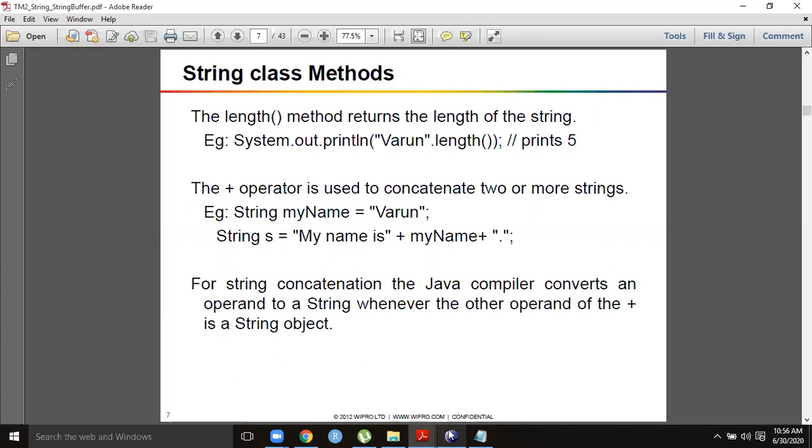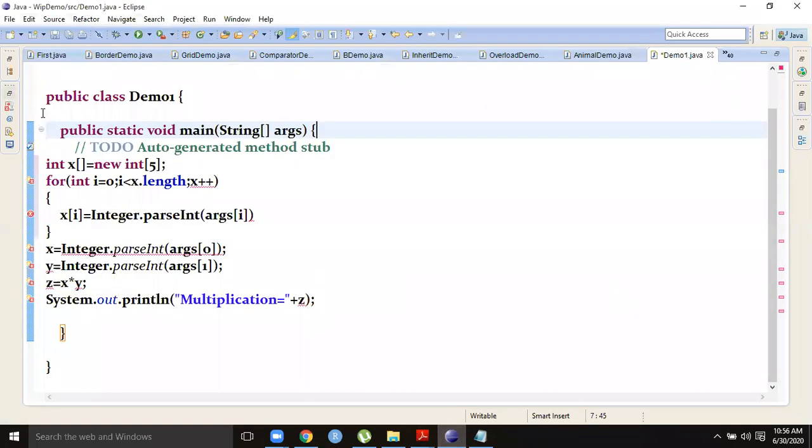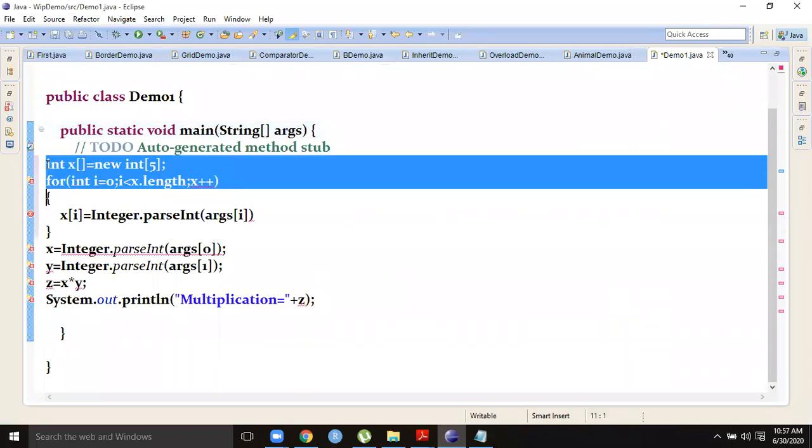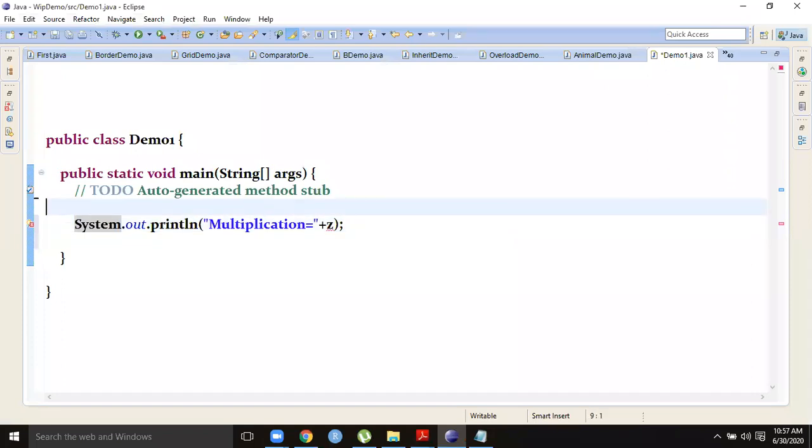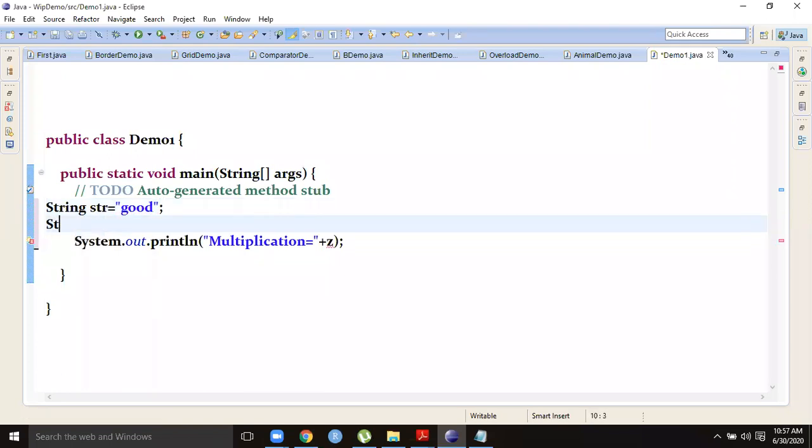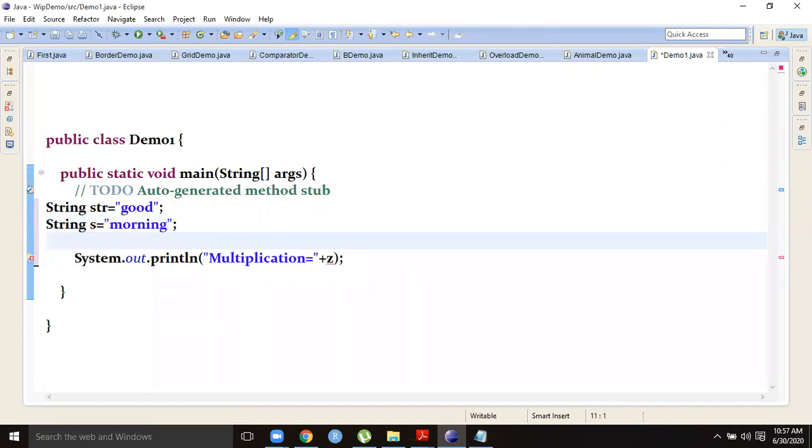Okay. You can see an example. I remove all these. String str equal to, for example, "Good". String s equal to "morning". Okay. So now System.out.println.